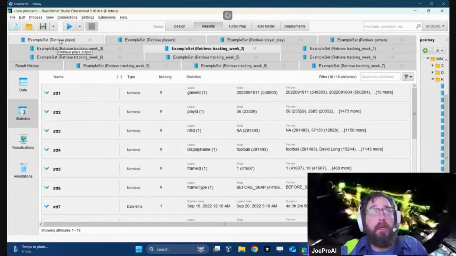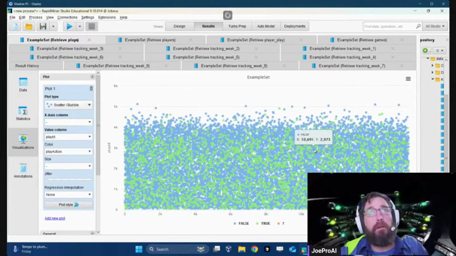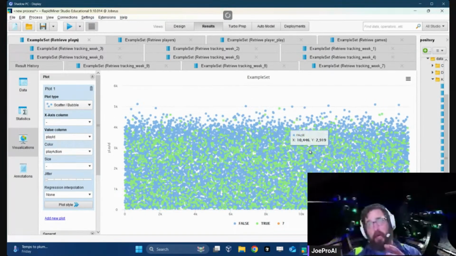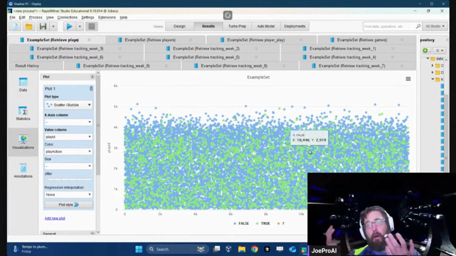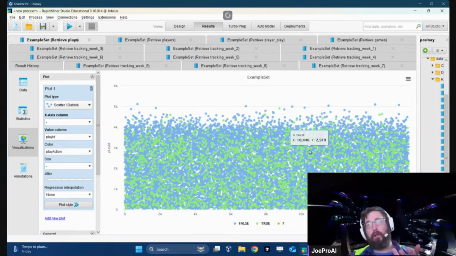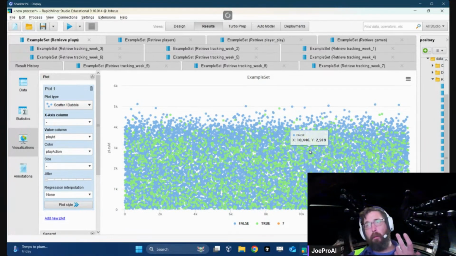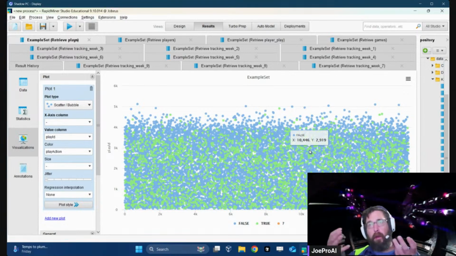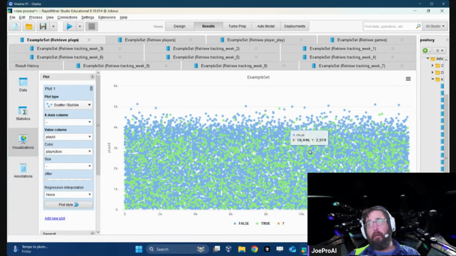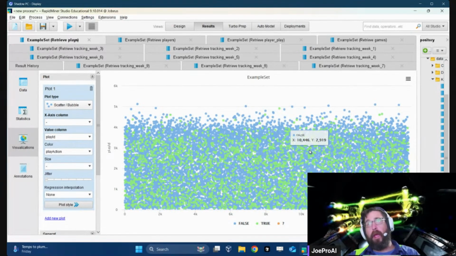So the best way I've found of looking at this information is to get some visualizations. And that's, I think, the idea behind the no code. What we want to do is visualize. Humans are visual, for the most part, able to understand some things visually better than the way a computer can.